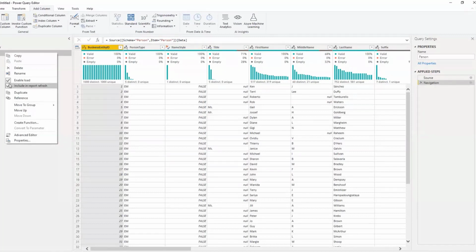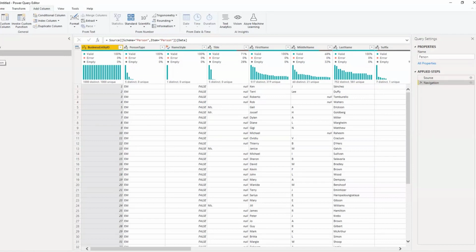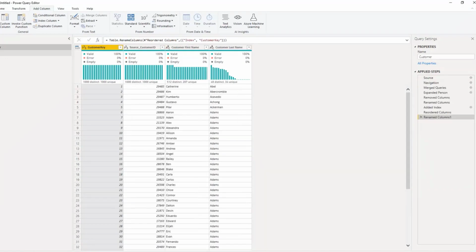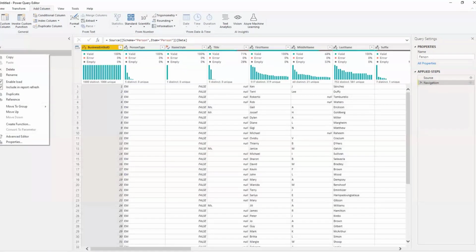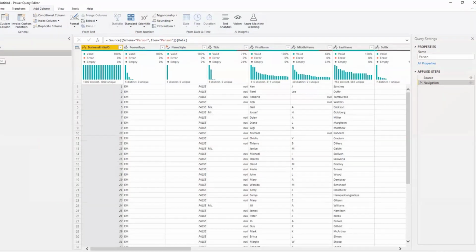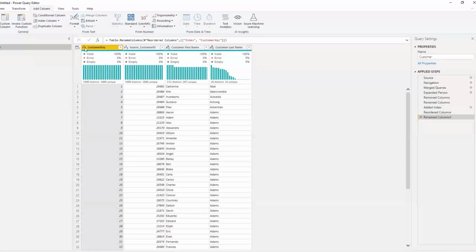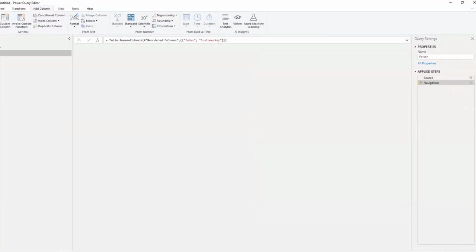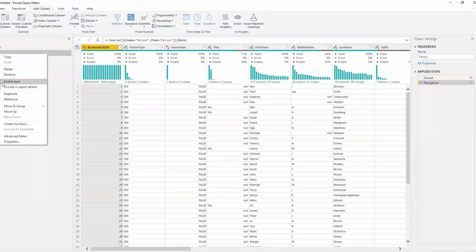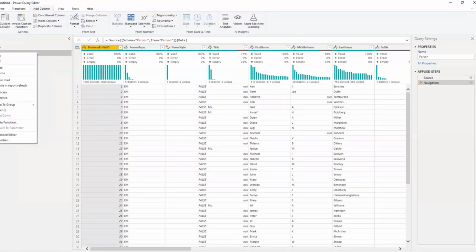The next thing I want to look at is this person dimension. Since it is only used internally, I don't want to expose it for the end users or anyone else. I had used it internally, and I had consolidated this customer dimension, so I don't want anyone to see this from outside. For that, just right click on this table and unselect the enable load option.